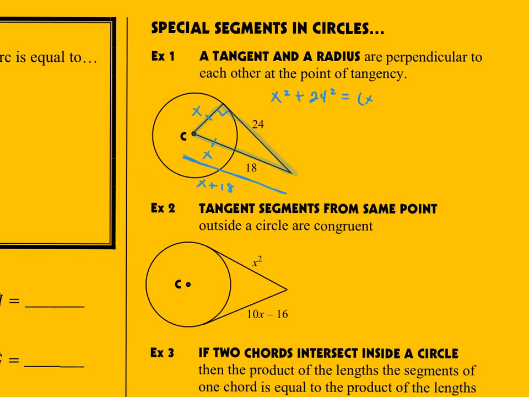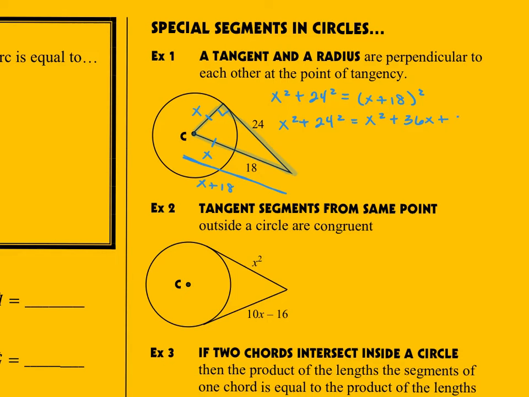So then when we do our x plus 18 squared, we want to make sure that when we're solving this algebraically, we remember to expand and FOIL that entire right side. So I'm going to keep this x squared plus 24 squared here, and on the right, x squared plus 36x